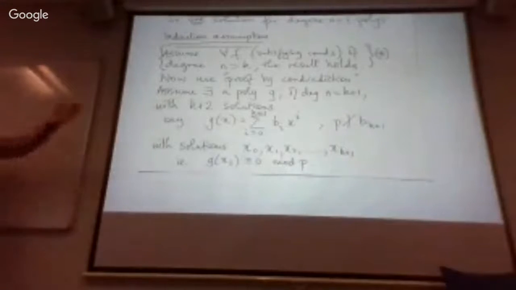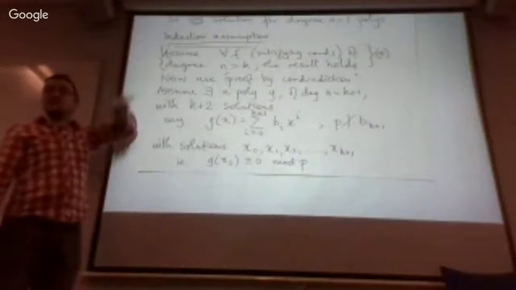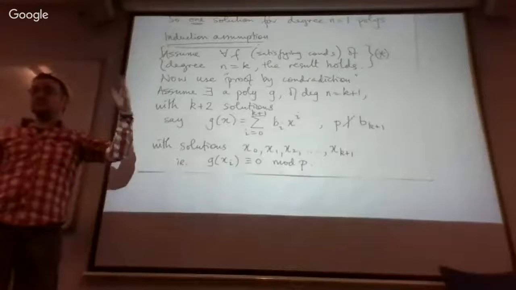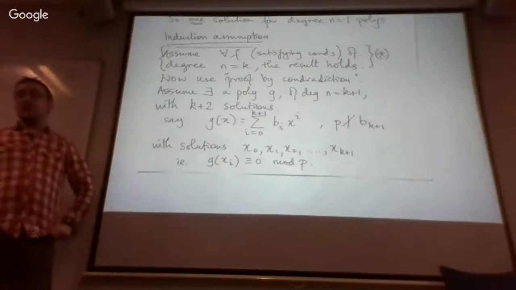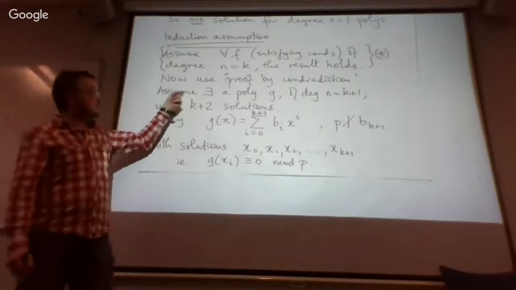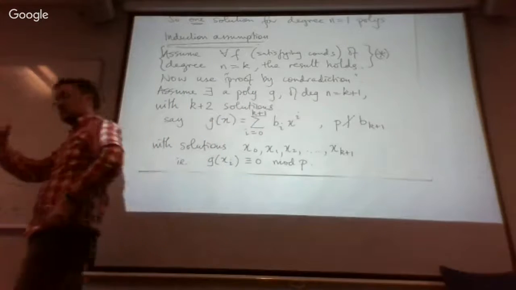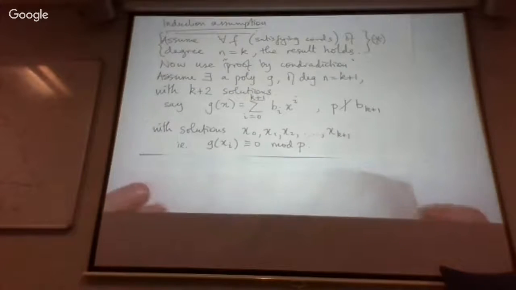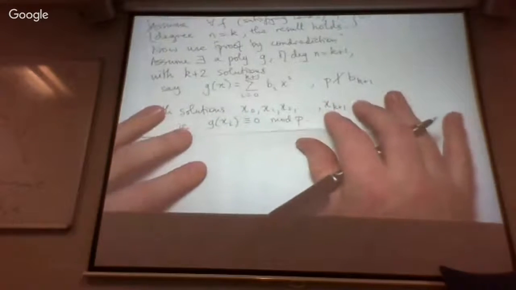This is the legitimate assumption we've made, because it's inside a proof by induction. We're supposed to make that assumption and then deduce it for the next level of polynomials. This second assumption is our proof by contradiction assumption, the assumption you make at the start of that. So from the existence of this g,